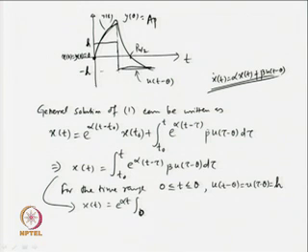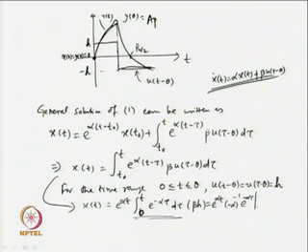Therefore, this will be 0 to t, then e to the power minus alpha tau d tau times beta h. This integral can further be simplified giving the expression x t h e to the power alpha t. I will take minus alpha inverse, then e to the power minus alpha tau with the limits 0 to t with beta h, which becomes